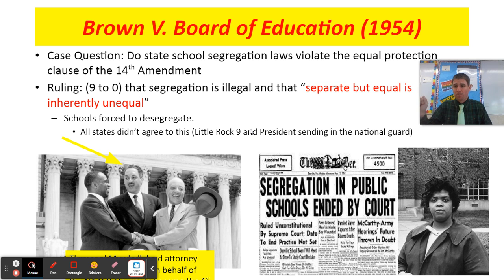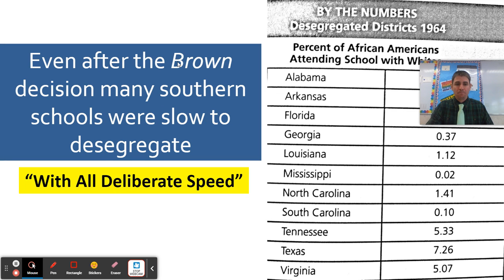Even though it wasn't popular opinion and the public didn't like it, it was the right thing to do, and it allowed the Supreme Court, because they don't have to worry about getting reelected. They serve for life. They can do the hard thing that is right. And that's important, that I want you to know. I talked about this all deliberate speed, that many of the schools, even though they were told to desegregate, because the timeline was vague, didn't desegregate right away.